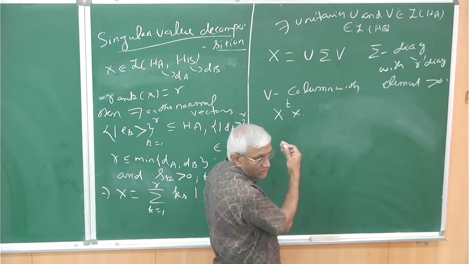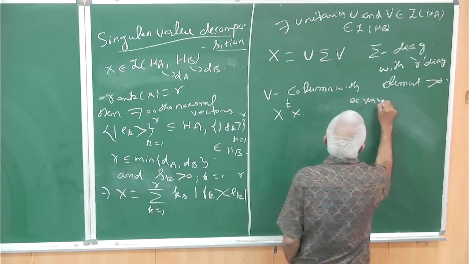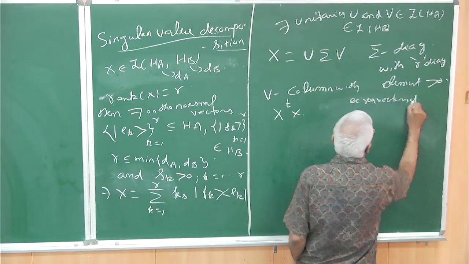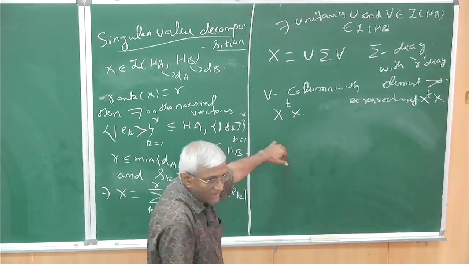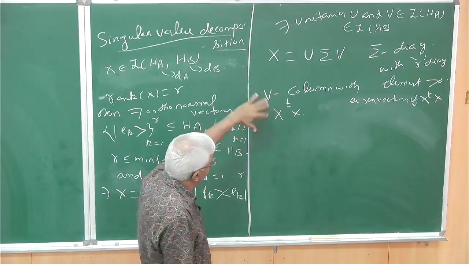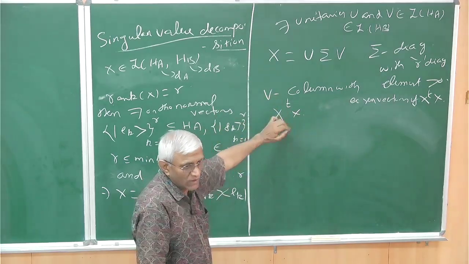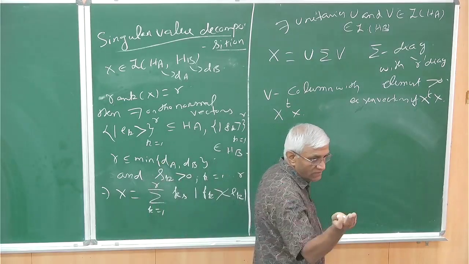Spectral theorem is applicable to that. So it's columns with eigenvectors of X transpose X. I mean, I'm just telling you the result, but you can prove it using linear algebra. We will prove it using polar decomposition. I assume polar decomposition. Maybe I will sketch the proof orally, okay? Which you have seen here.